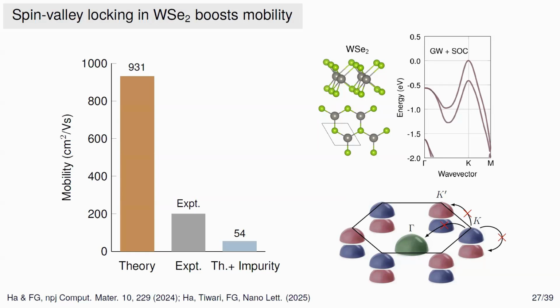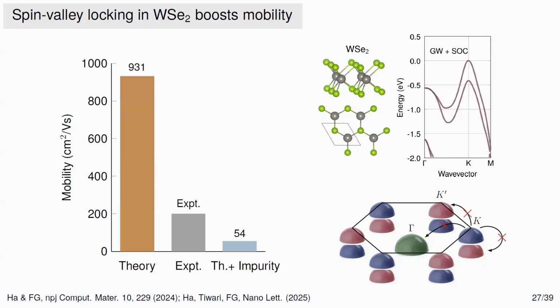So if you change energy, that energy must come from a phonon, but there is no phonon with an energy as large as half an electron volt. So this mechanism from here and from here is also forbidden. And then the scattering from this point to this point is also forbidden because the gamma point here is about half a volt below the top of the valence band, and therefore it cannot satisfy energy conservation.